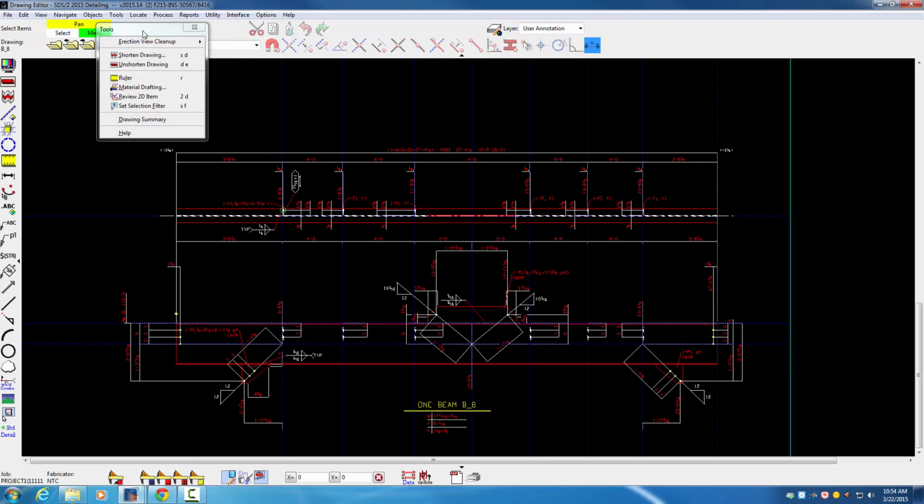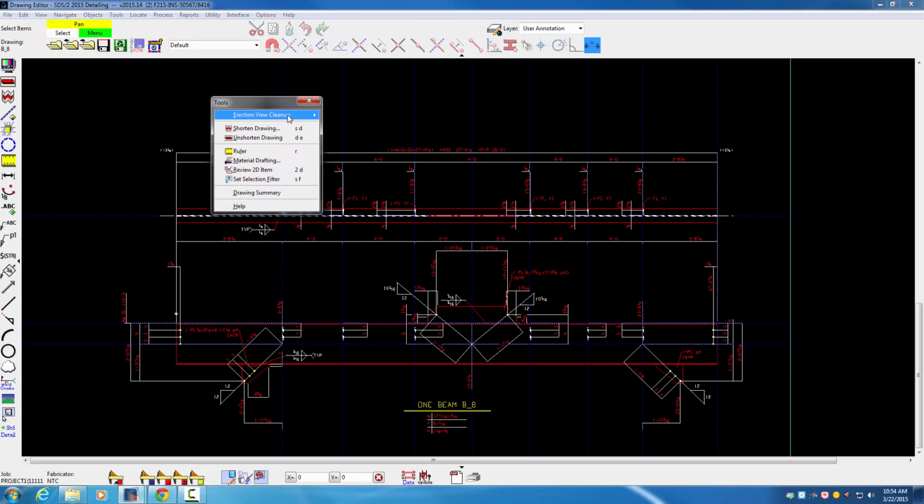Under tools, erection view cleanup. When we get to our erection plans, I'll show you what that does. Shortening and unshortening drawing. Here's one I want to show you. This one's important. When you come into your drawing,